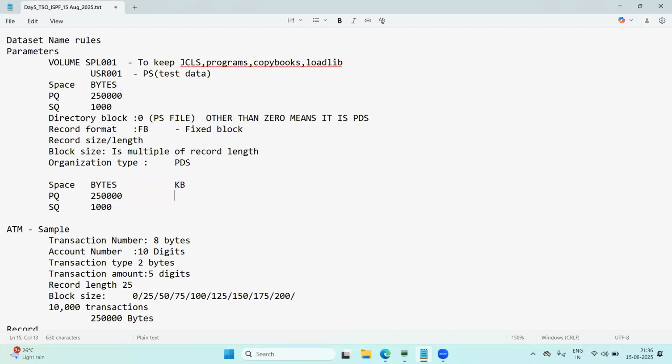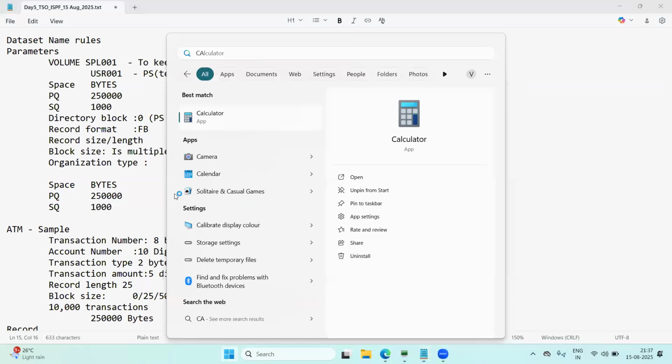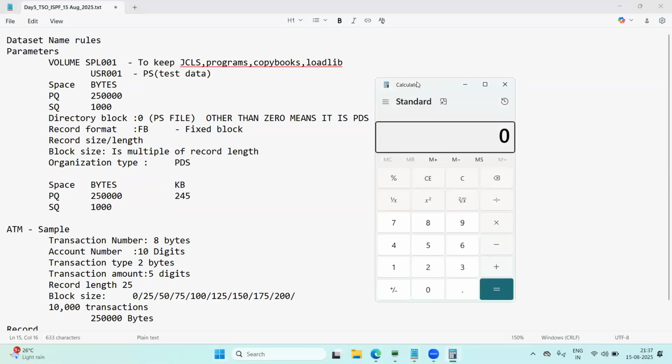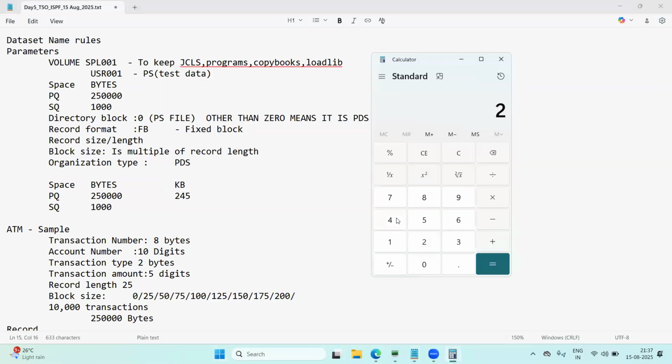How do you calculate it? Well, you divide by 1,000 for an approximate value. So 245. I'll use the calculator also, so that if anybody has any confusion, 245 into